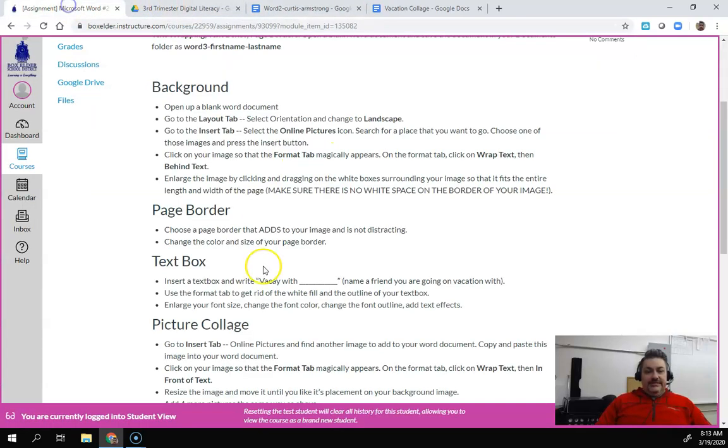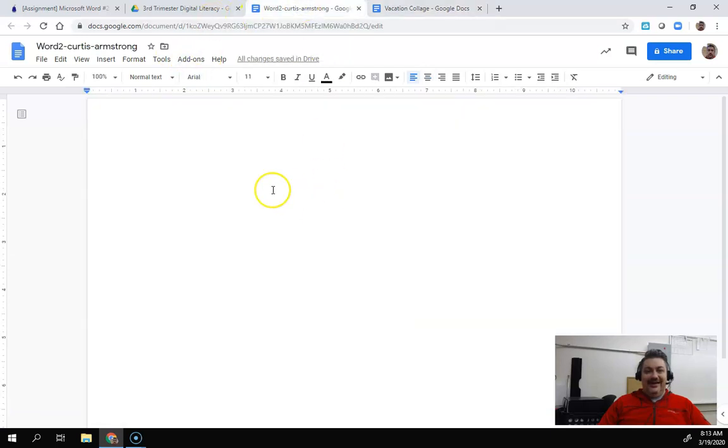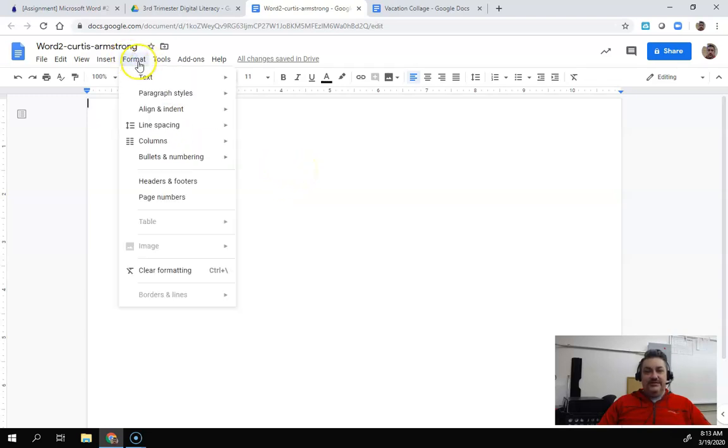All right, next thing, let's check here. On the Google Doc version, we're going to skip the page border. So we're going to color the background here. It's been a while since I've done this assignment in Google Docs, so let's go to Format,